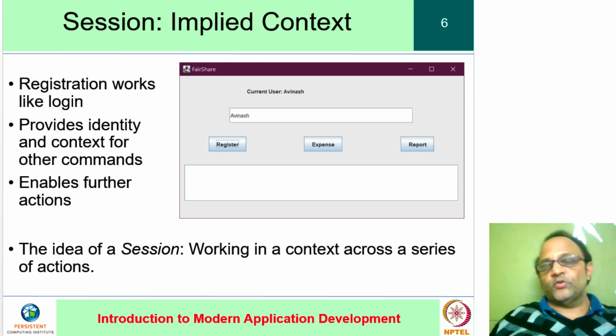For example, suppose that in addition to the identity, we acquire a notion of the current project that an application has to deal with. Once there is a current project, now for every single data structure in the program, you have to think about for which identity and for which project. Soon, the cases start multiplying, and then some features are allowed for some identities, some are allowed for some projects, some are allowed for some combinations, some are disallowed, and when these kinds of options multiply, the complexity keeps on increasing.